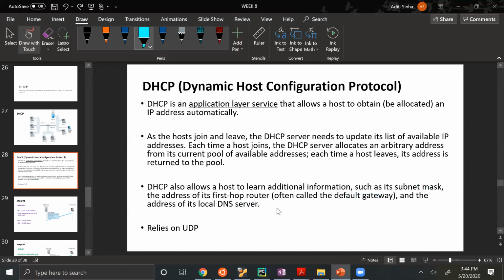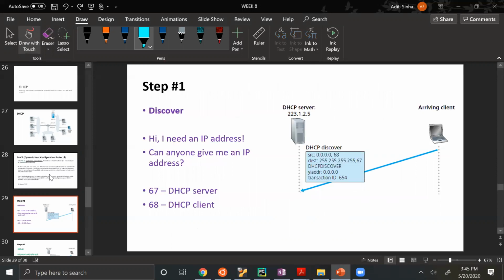So this is the additional information that DHCP provides new joinees or new hosts. And this exchange is done in 4 steps. In those 4 steps, an IP address can be assigned to a new host. So let's look at those 4 steps.